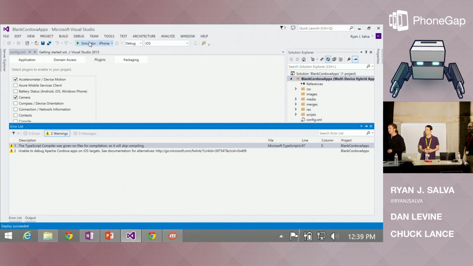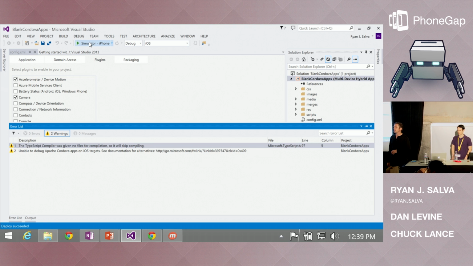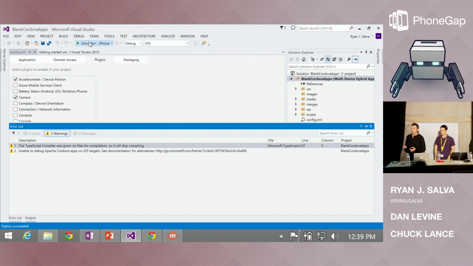Is there an ability to add plugins apart from those 20 plugins? So the question was, is there an ability to add custom plugins? Absolutely. I'm going to give you the today answer, and then there's a separate answer in a couple of weeks.